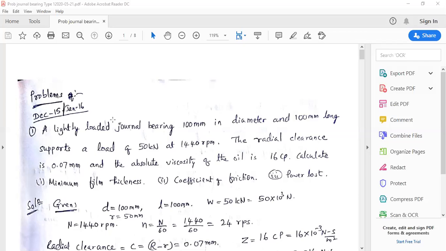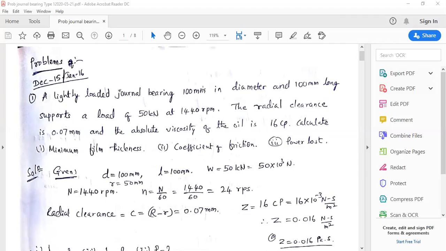In the other case, type 2 problems, application oriented problems will be given, application based, such as a main bearing used in a turbine, or a main bearing used in a centrifugal pump, that particular machinery will be given. Based upon that, we have to follow the steps we have discussed in the general design procedure. Now let us take the example of the first kind, where the diameter of the journal is known.